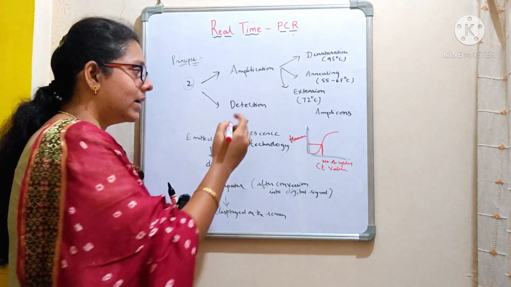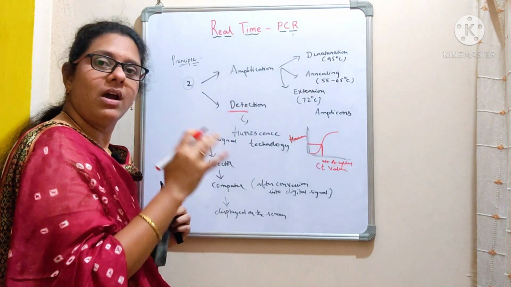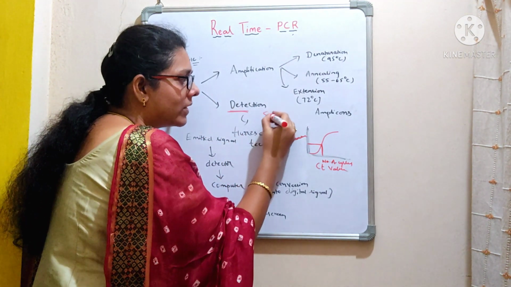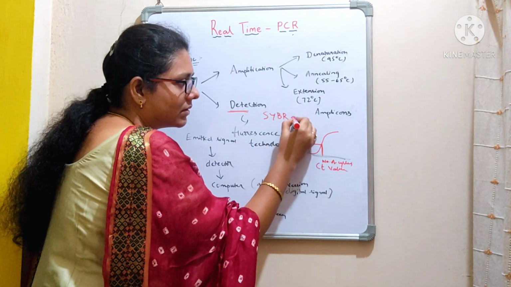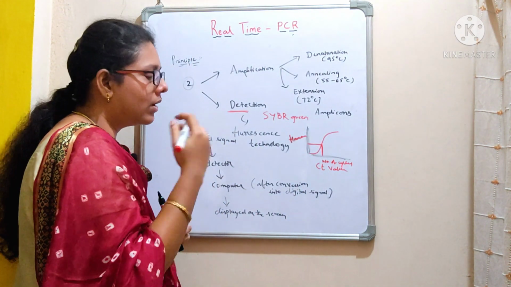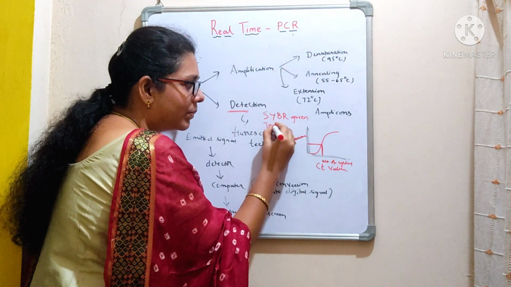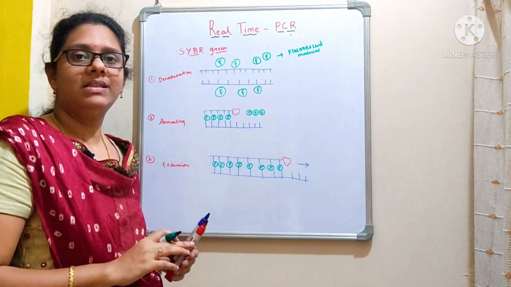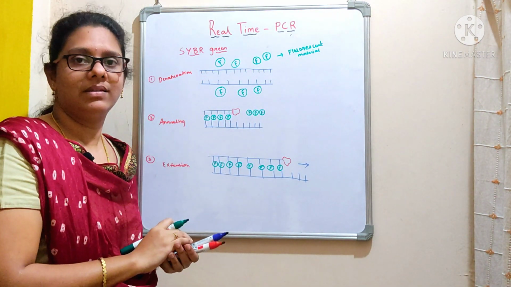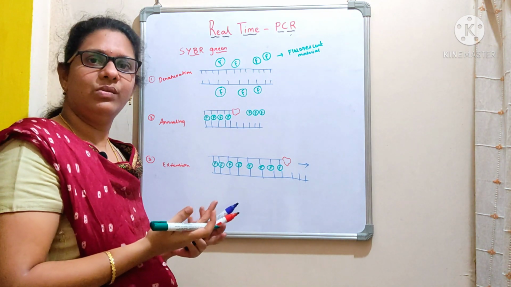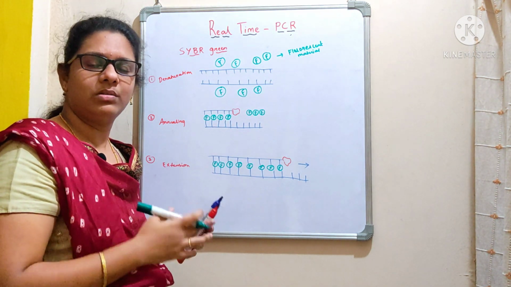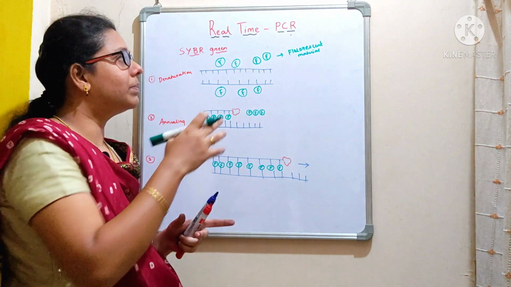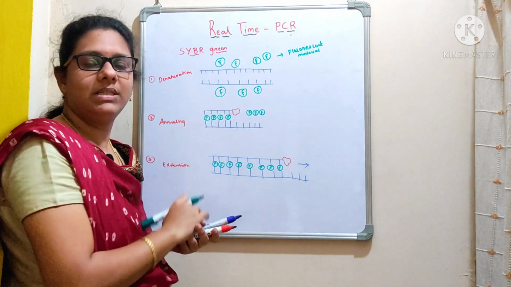Just now I told you that in the detection step, we are going to use fluorescence markers, right? We can go either with the use of SYBR Green fluorescent dye, or we can prefer TaqMan probes. Let's discuss how they work. Now let's discuss how this SYBR Green dye is used. Generally we can use ethidium bromide and acridine orange also, which are intercalating agents, but they are carcinogenic, and generally we prefer SYBR Green for this real-time PCR method.